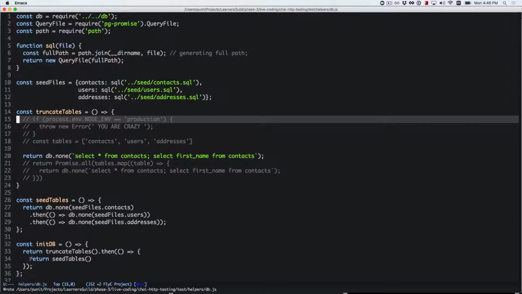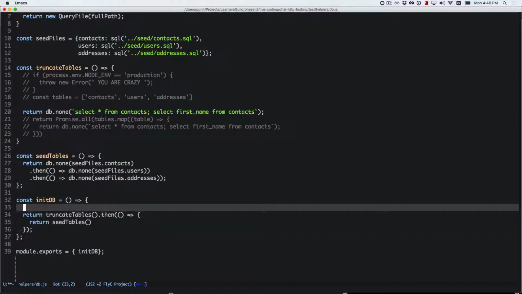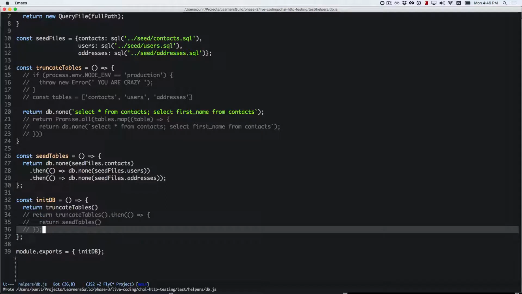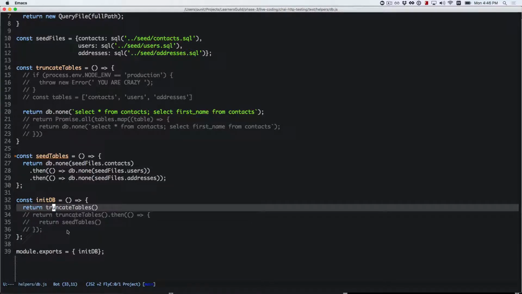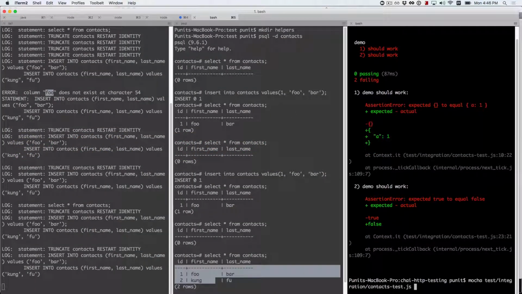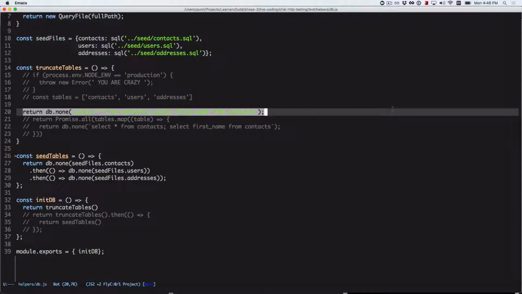So let's just call truncate tables, right? So it's just going to call this statement. So no data was returned, or no return data was expected. Okay, so actually let's do insert into